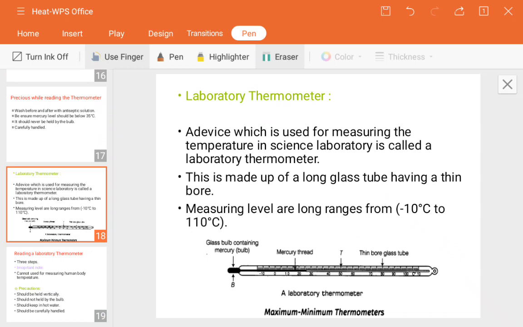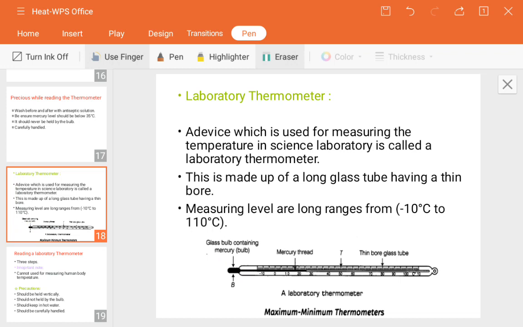Next, in the third step, we will observe the shining thread of mercury moving up. The blackish portion, as I have told you, the mercury thread, let me show. This consists of mercury. This is the thread actually. The darkest black portion is the mercury thread. As you immerse it in the hot water, the mercury will rise and go forward. So this happens.